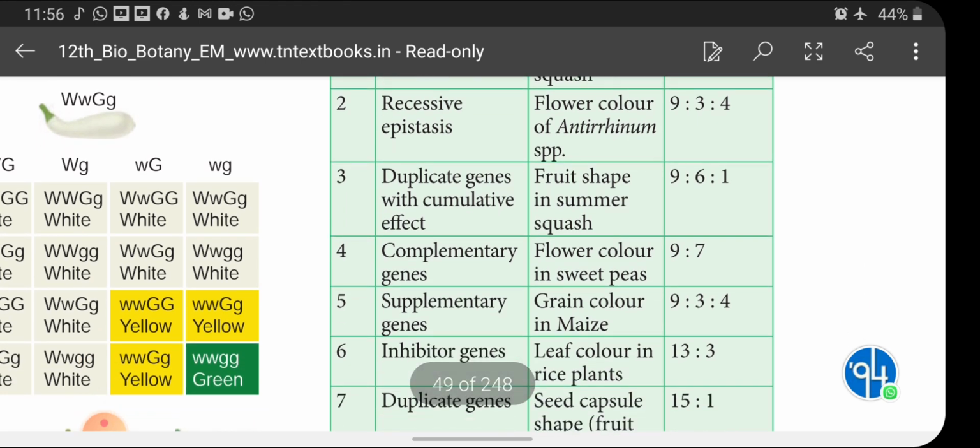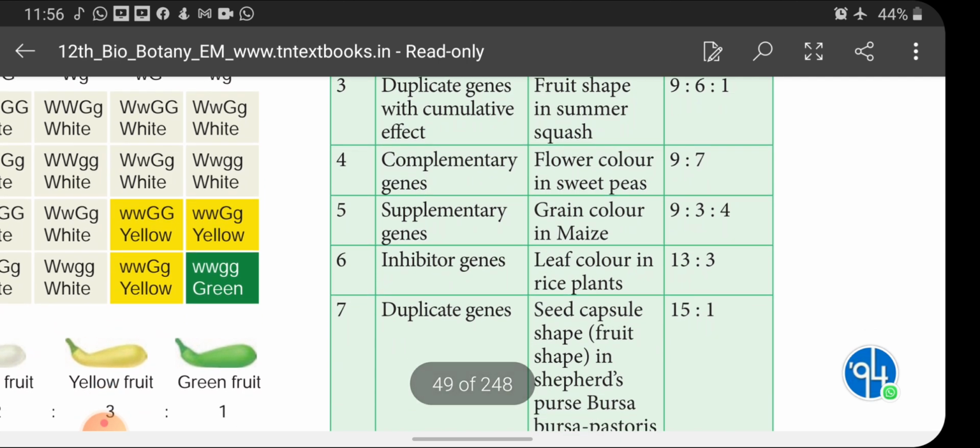Duplicate gene with cumulative effect. These all we do not have in our syllabus. Simply they have given the type and its ratio. Example alone they are giving. Duplicate gene with cumulative effect, example: fruit shape in summer squash plant, and its ratio